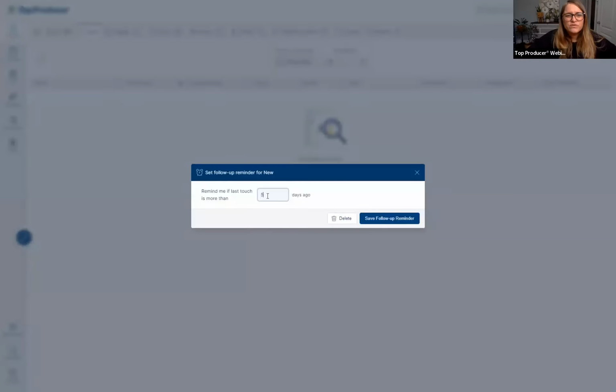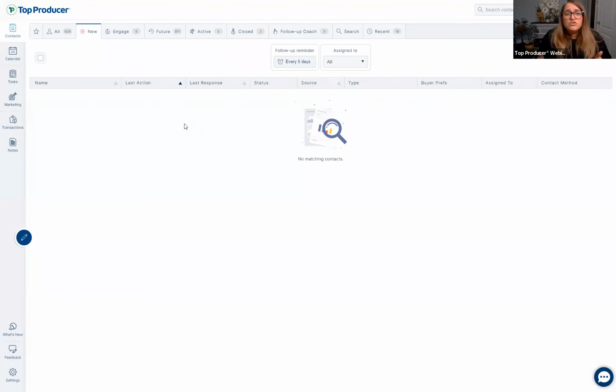So your new tab is only going to be for, this is how it should be, only when you have those leads coming in from online, because new means that you've had zero communication with them. Chances are, if you've already met them on the street, or you know them, or somebody reached out to you and they're not in your database yet, they say, hey, I'm interested in selling or buying, you're going to add them and you're automatically going to put them in engage or active because you've already communicated with them. So the new should only be for your contacts that come in from online with no communication. And so, like where Glenn said here, this should be empty or very few. And hopefully you're not leaving your new leads waiting 5 days to hear back from you, because chances are they're not going to be your new lead anymore.